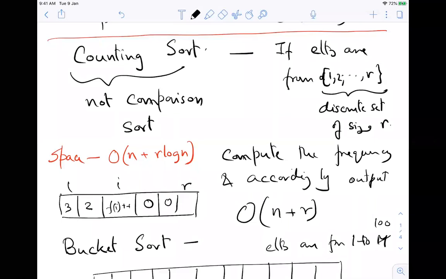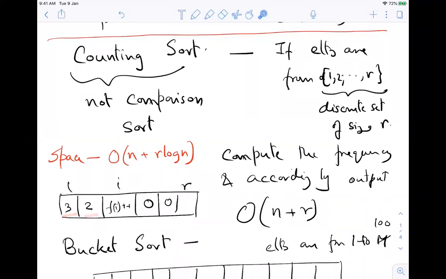Similarly, the next frequency that I am going. So for outputting, I have to go over all of these numbers, right? So the total number of things that I'm outputting is again order n, but I have to go over the whole list, which is maybe 0 in many places, but that is order R. So the first thing takes order n, and the second step takes order R. Overall, it is of course order n plus R.